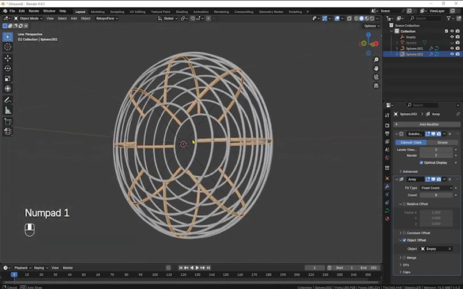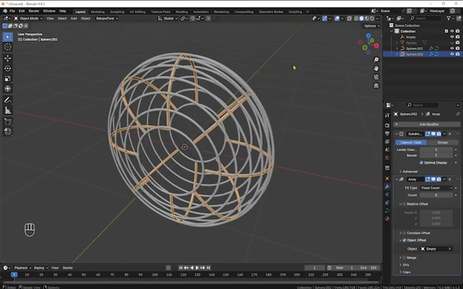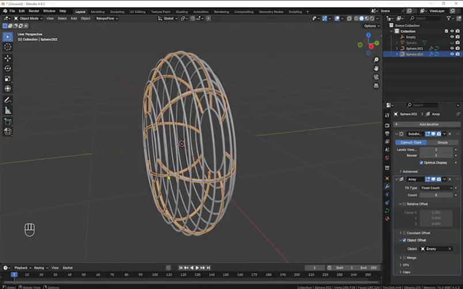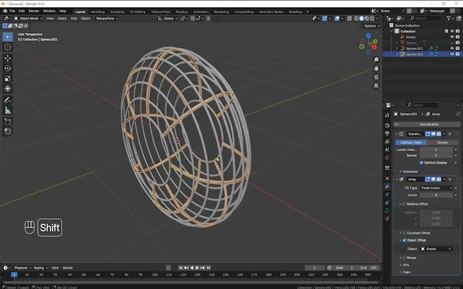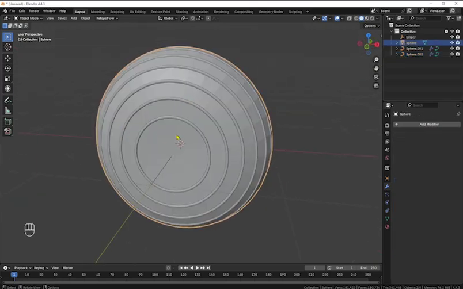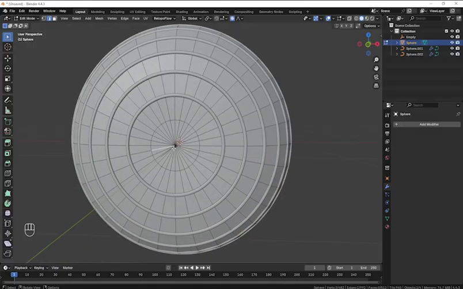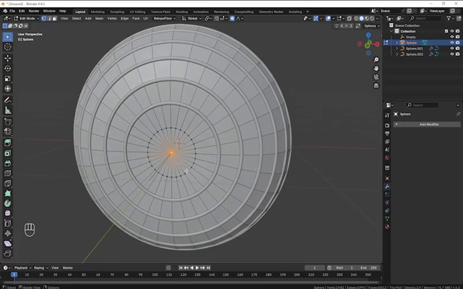Okay, so we are basically done with our rings, as you can see. So the next step is you are going to create the fan. In order to create the fan, let's bring back our hidden sphere, then select it, then tap into our edit mode, go to the vertex select mode, and then we are going to select the vertex